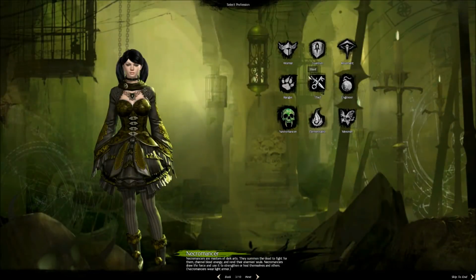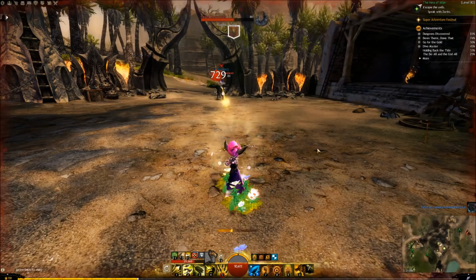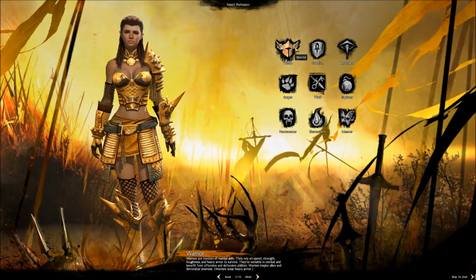The light armored Necromancer hits stuff like... The medium armored Ranger hits stuff like... And the heavy armored Warrior hits stuff like...